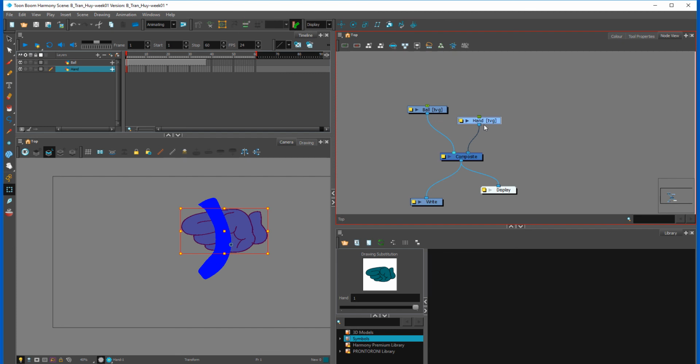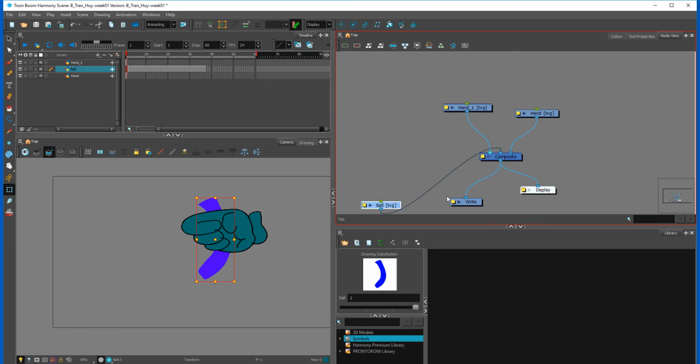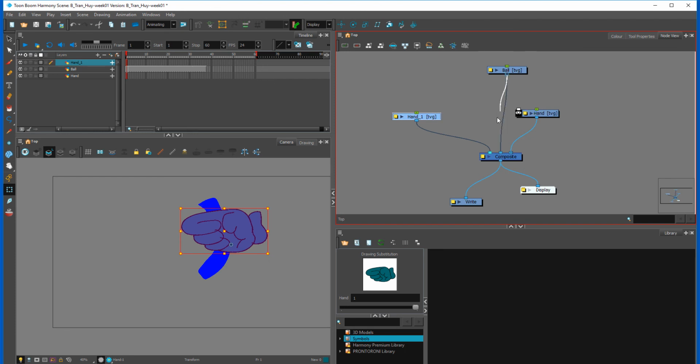You're going to copy Control C and Control V and paste the hand again, and you're going to put it in front of the ball. The hierarchy works like this. Whatever is to the left of the object, and connected in the composite, will be prioritized above that object to the right of it. You can basically move it like this, but because the hand is still to the left of the ball symbol on the composite, it's still going to be on top of it in the camera view. So it doesn't matter where you move it, as long as it's connected properly here, you're going to get the